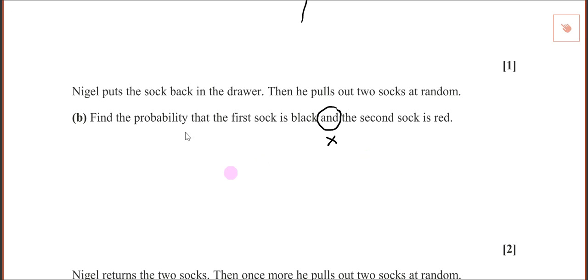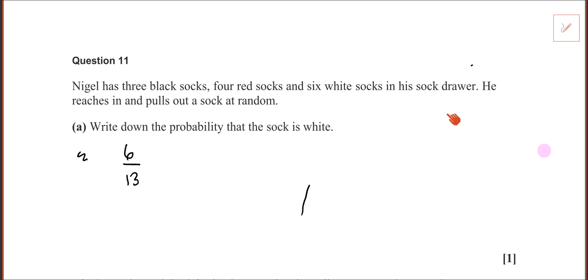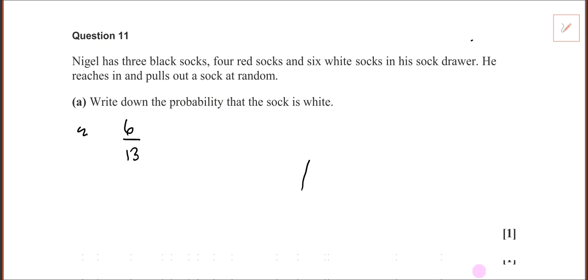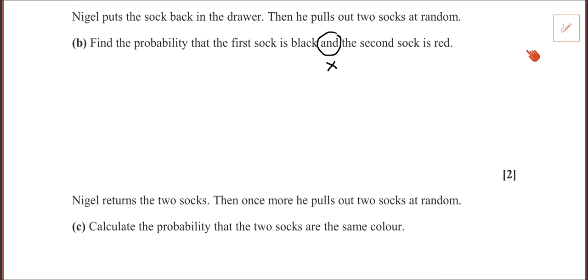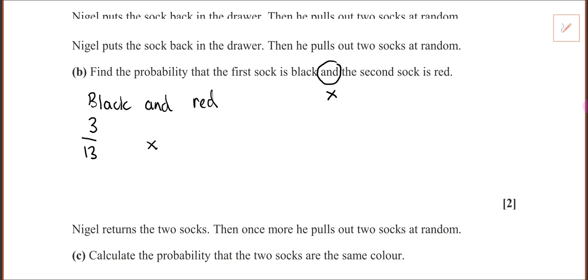Multiply. So what's the probability that the first sock is black? So black is 3. Okay, so we've got 3 from 13. So we're looking for black. Let's go slow. Black and then red. So the and is the multiply, and then the probability for red is,